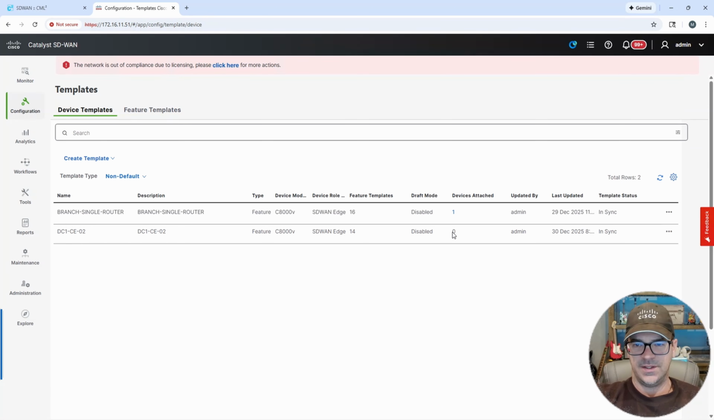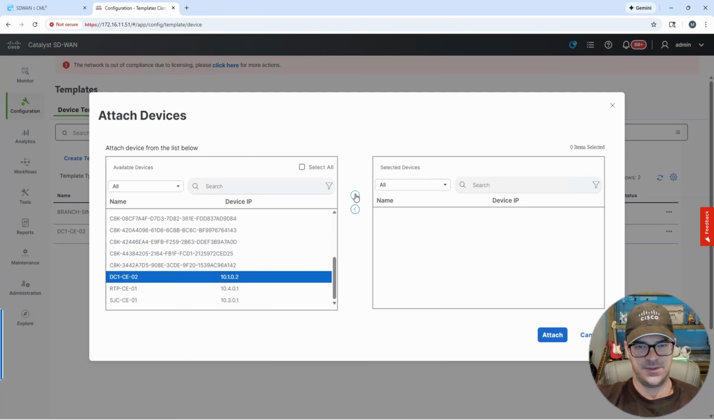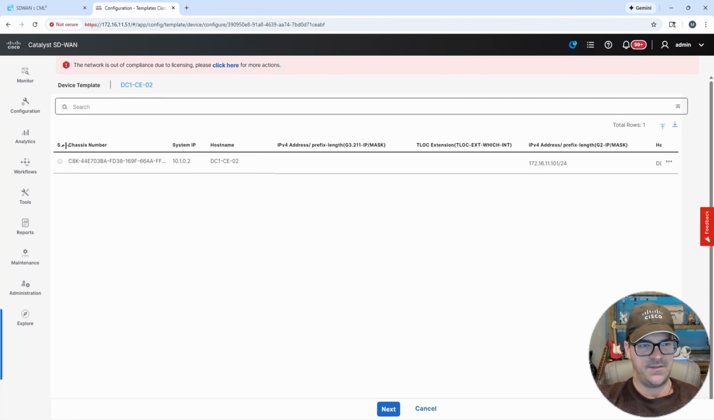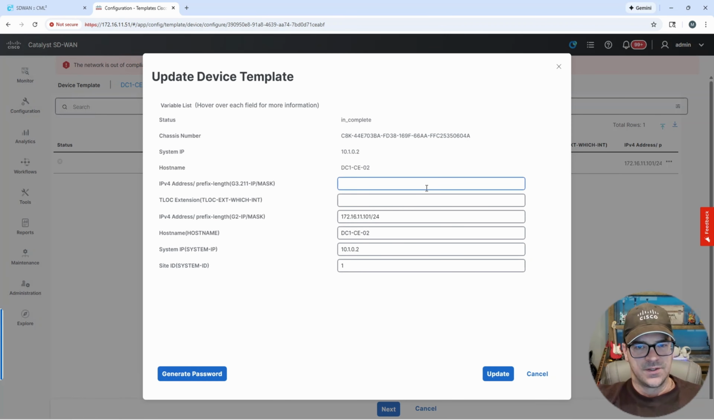Okay, so now all we need to do is attach that template to a device. So obviously in our case, it's going to be DC1 CEO2. So let's attach that. Now we have the status has an X because obviously we need to fill out the values, right? So let's go ahead and do that. So here is the gig 3.211. So this is the sub interface that's going to connect down to CEO1. So that's going to be,